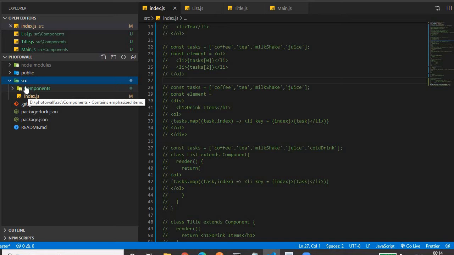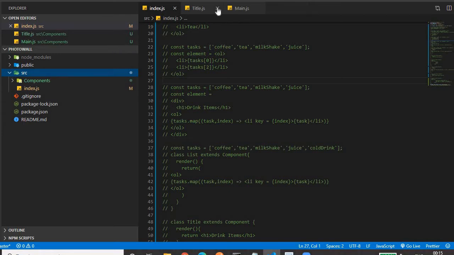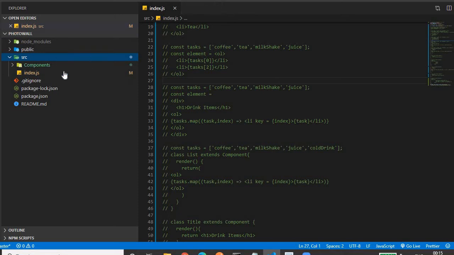What I am saying is, in src you will find the app.js file, then the service worker file, and along with that you will find the app.css file. Whatever is present, just delete everything except index.js. In src you should have only the index.js page. Okay, that's it. We'll come to these files later.